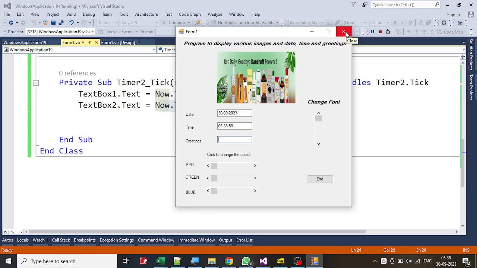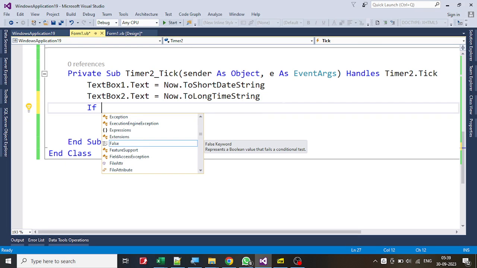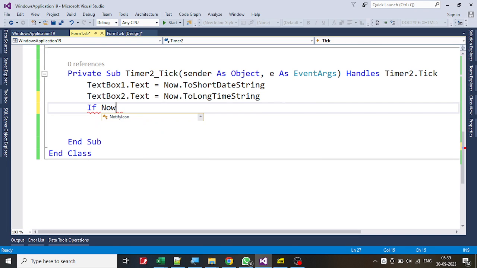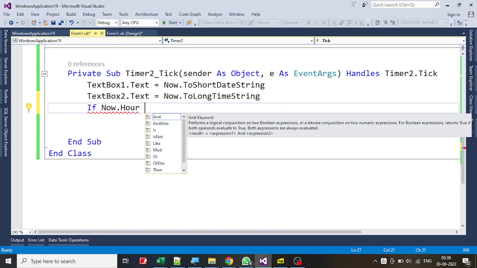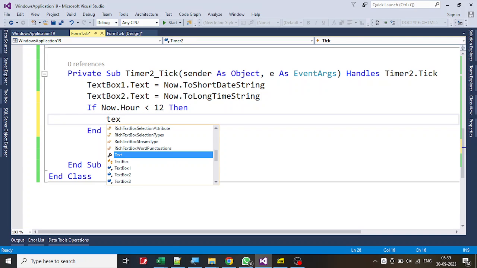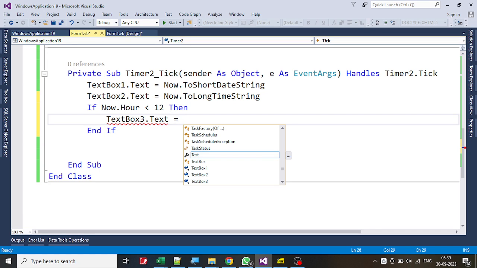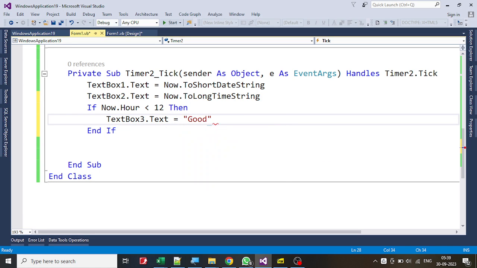Now the last part is the greeting. Okay, again let's go to the timer. So what is this, Now.Hour. Now this is an hour, you know very well. In the time, hour is there, minutes is there, second is there. You are not small kids to tell you what this is. If the hour is less than 12, that is, if it is less than 12 o'clock, then what are you going to say? We will go to TextBox3 and you are going to say TextBox3.Text equal to,